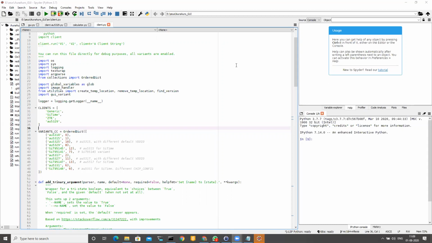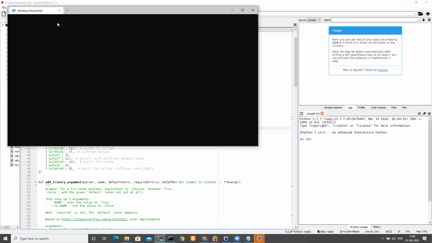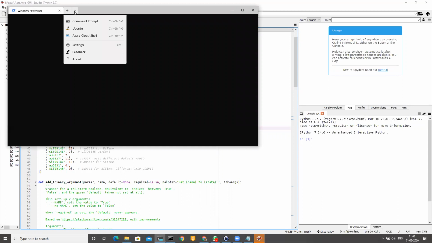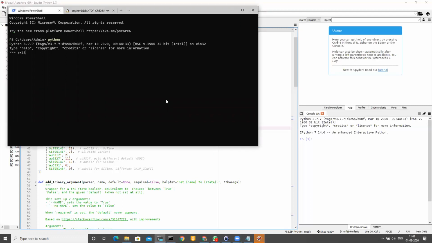It's fairly simple. Any version of Python will have a pip. Say I get an Ubuntu shell, and if it has Python, then it will have pip.